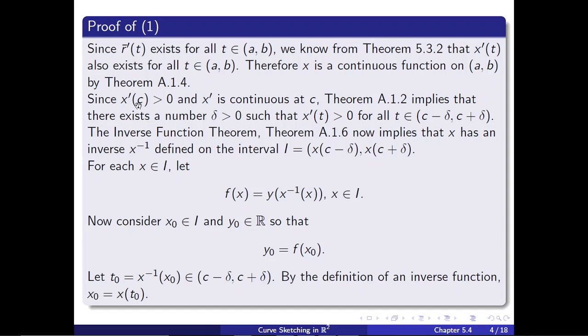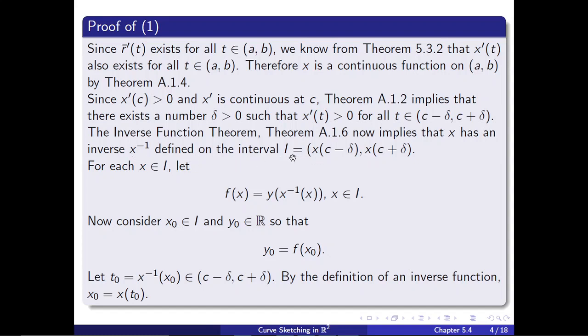Now since x prime of C is greater than 0 and x prime is continuous at C, therefore by A.1.2 we know that this implies that there exists a delta such that x prime of t is going to be greater than 0 for all t in the neighborhood of C. And what does the inverse function theorem tell us? It tells us that if this happens, then x has an inverse, which we are going to say x to the minus 1. So that's the inverse function